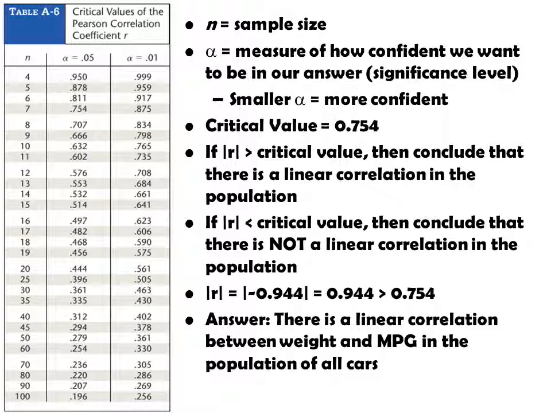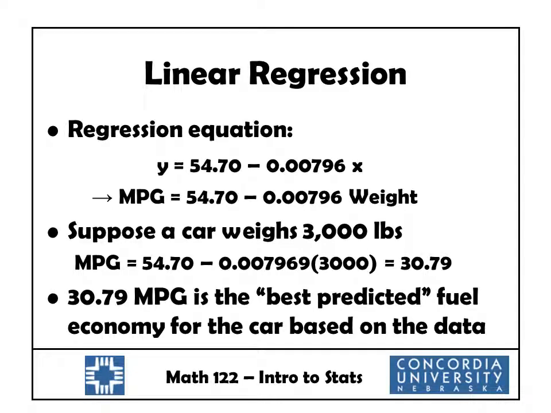And so in this particular example, we have a rather large R value. It's bigger than our critical value, and so we would conclude that there is a linear correlation in the population of all cars. So that means it makes sense to calculate a regression equation to try to predict values. So our calculator gave us this regression equation. Remember, this regression equation had the form y equals a plus bx, and the calculator gave us the values of a and b. So here was our regression equation, and then if a car weighed, for instance, 3,000 pounds, we